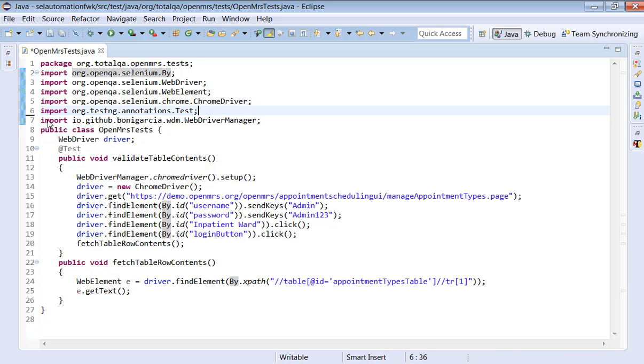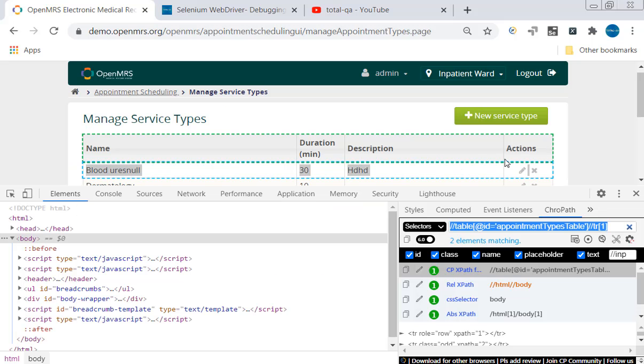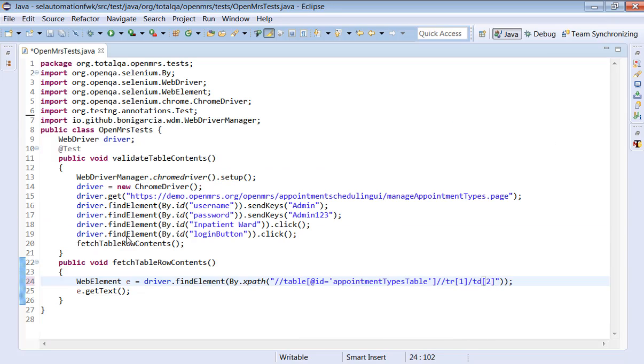Now, table row of 1, table data of 2 means we are interested in fetching this value of 30 here. That is our objective. Okay, so let's try to execute the program now. When I execute the program, what will happen? Let's see. And we have to print this outcome also. String output.